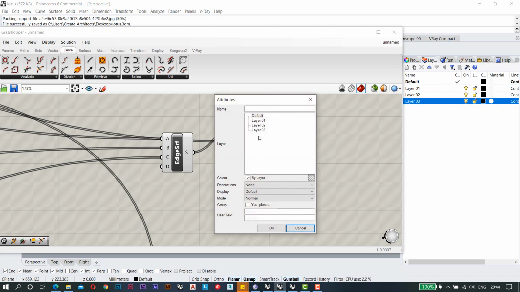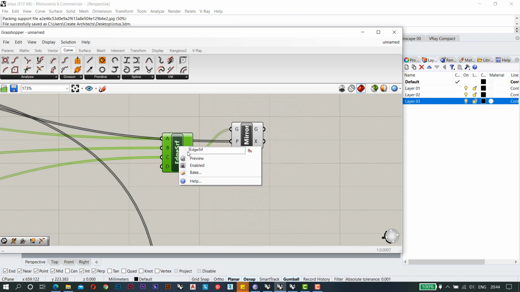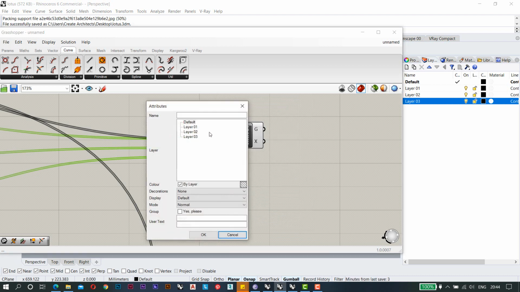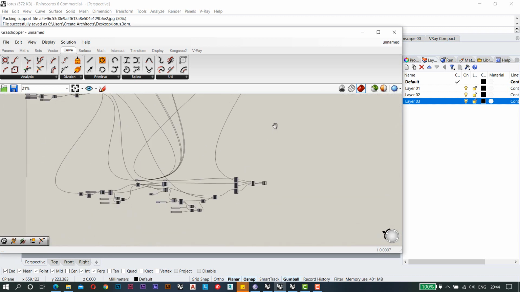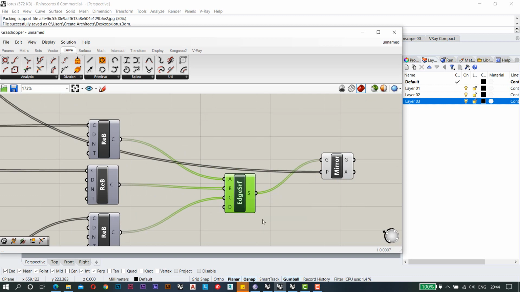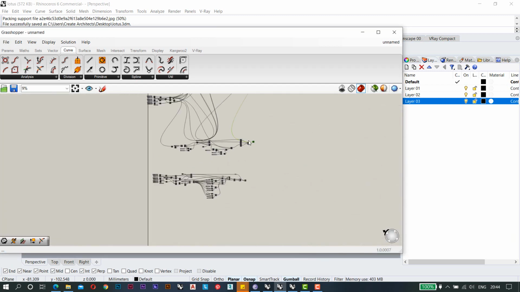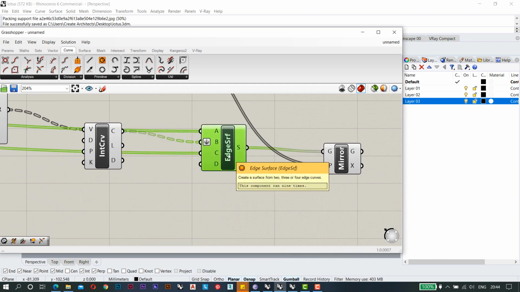So I will bake it, layer 1, and this is one of that, and then this will be the third one.